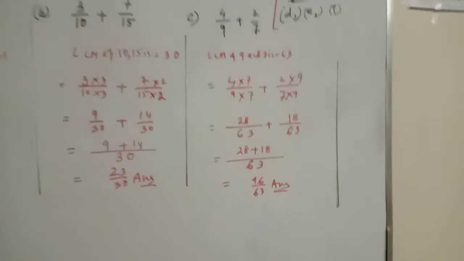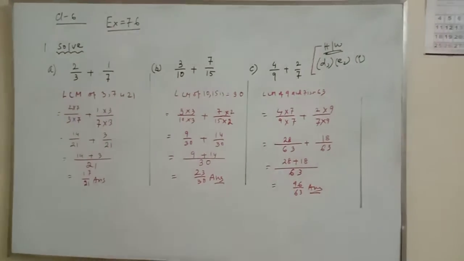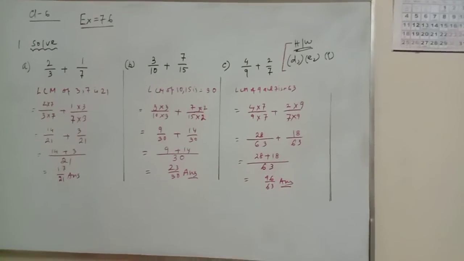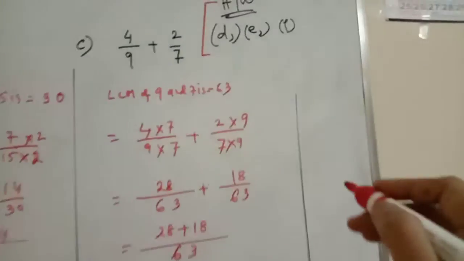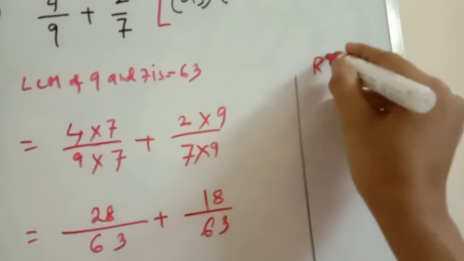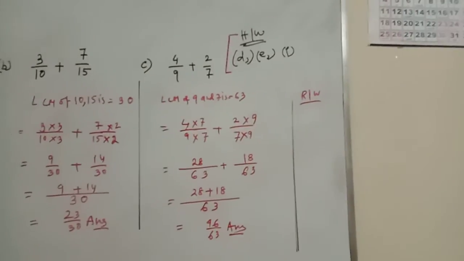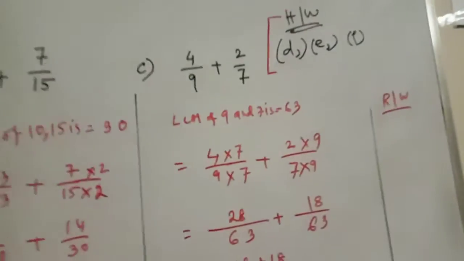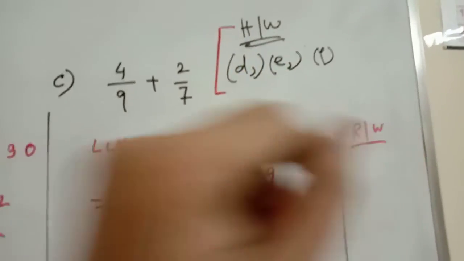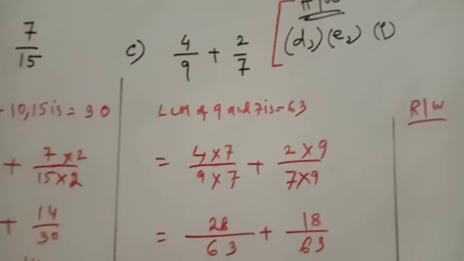Now see, in this way you will do these sums when doing addition of fractions, and you will need to do the rough work. Then you will draw a line on the right side of your page, and you will do the rough work. These 3 sums, D, E, F, you have to do as your homework. Next 2-3 sums we will do here.